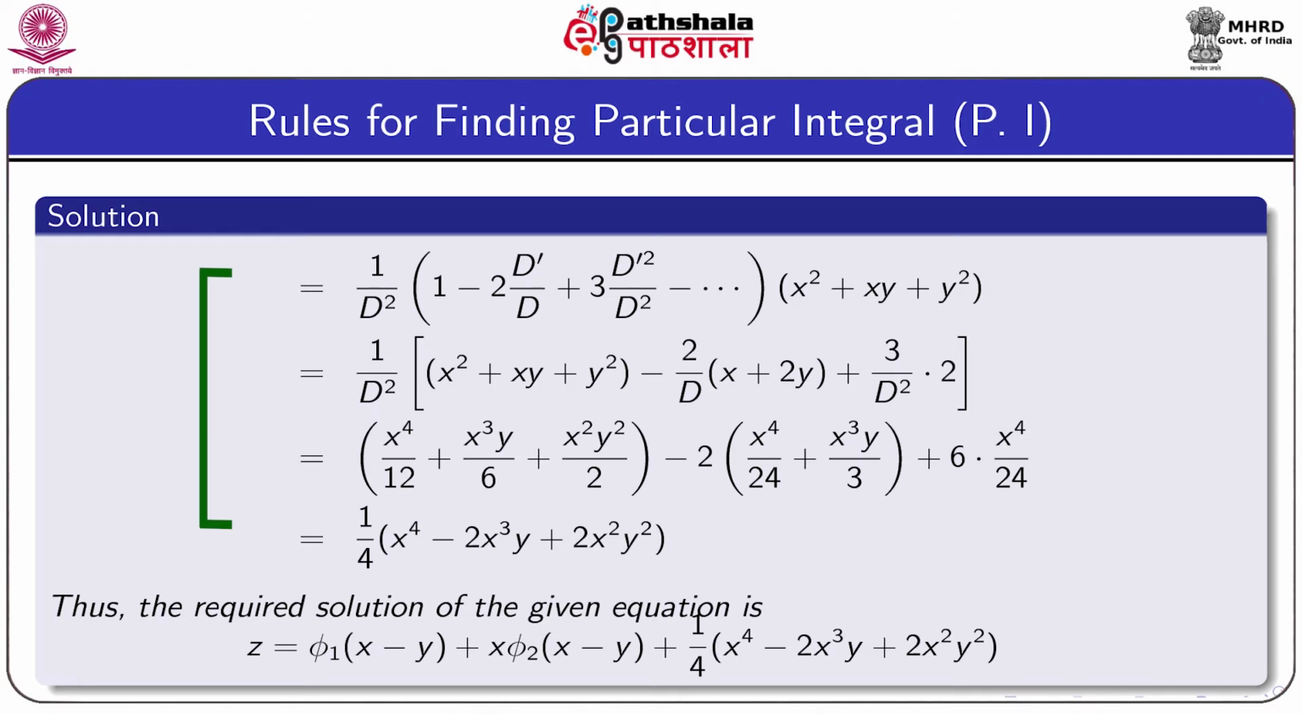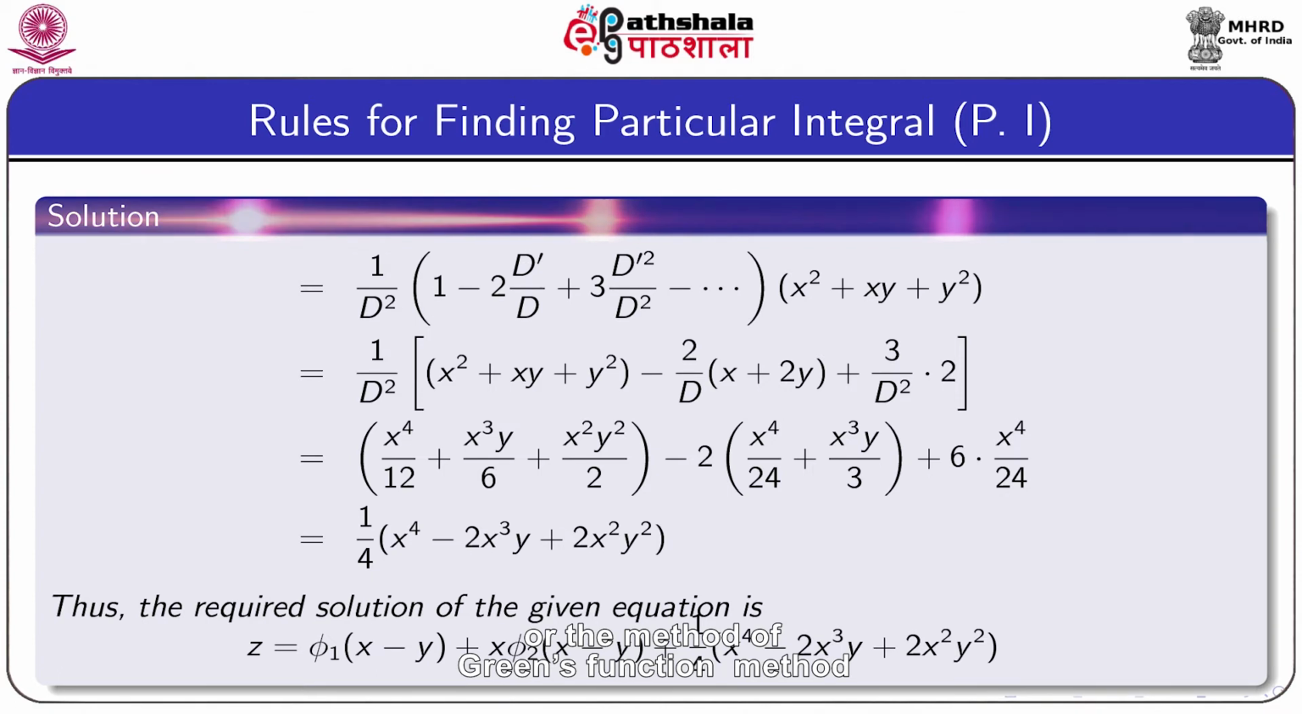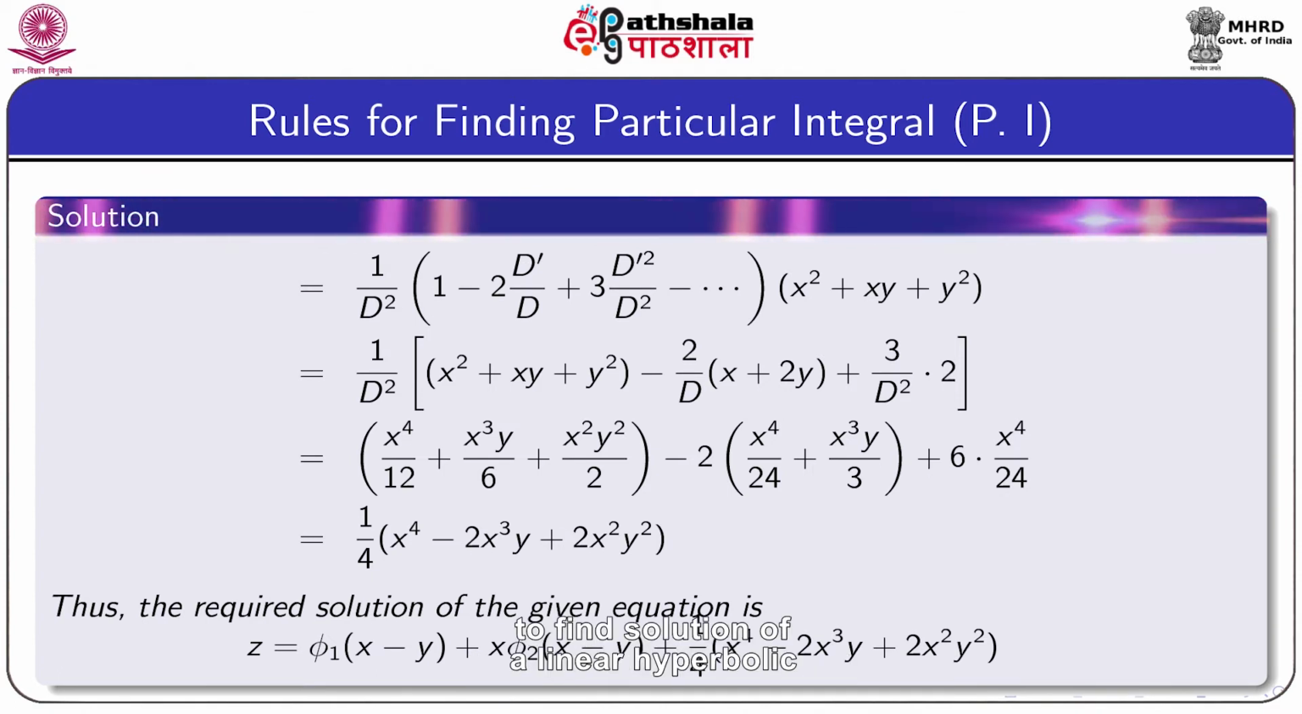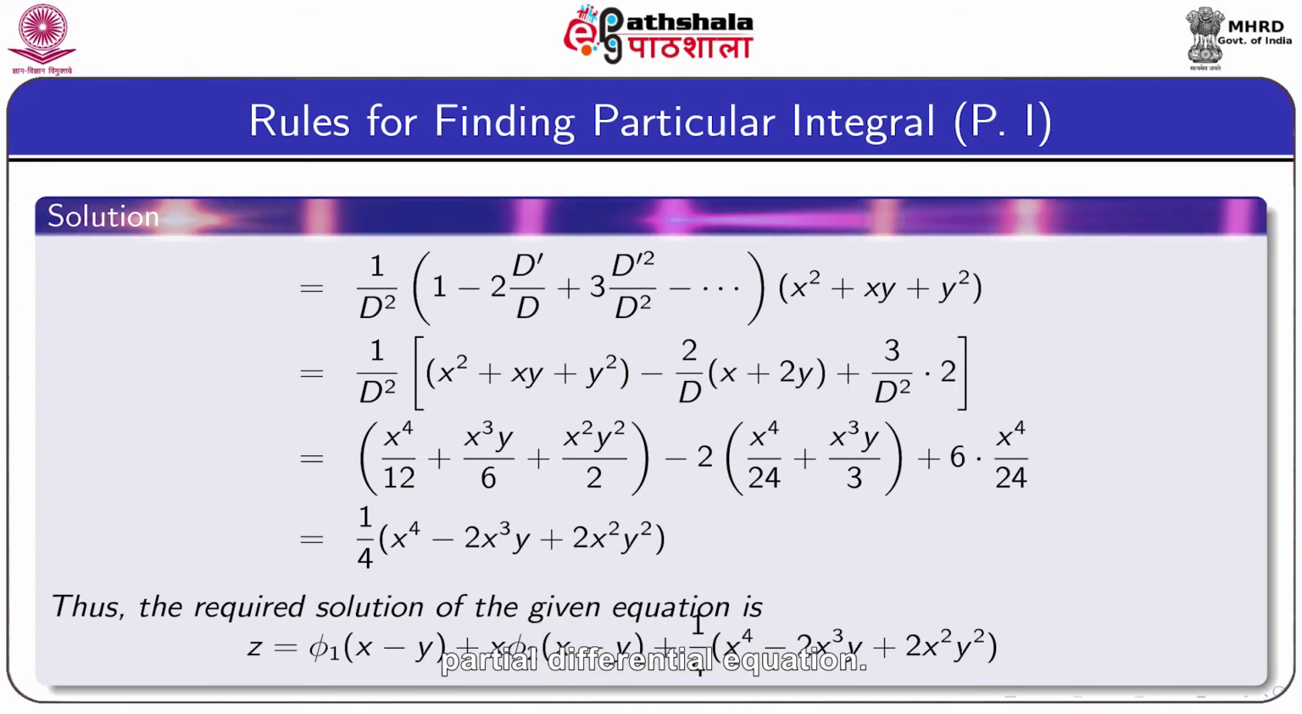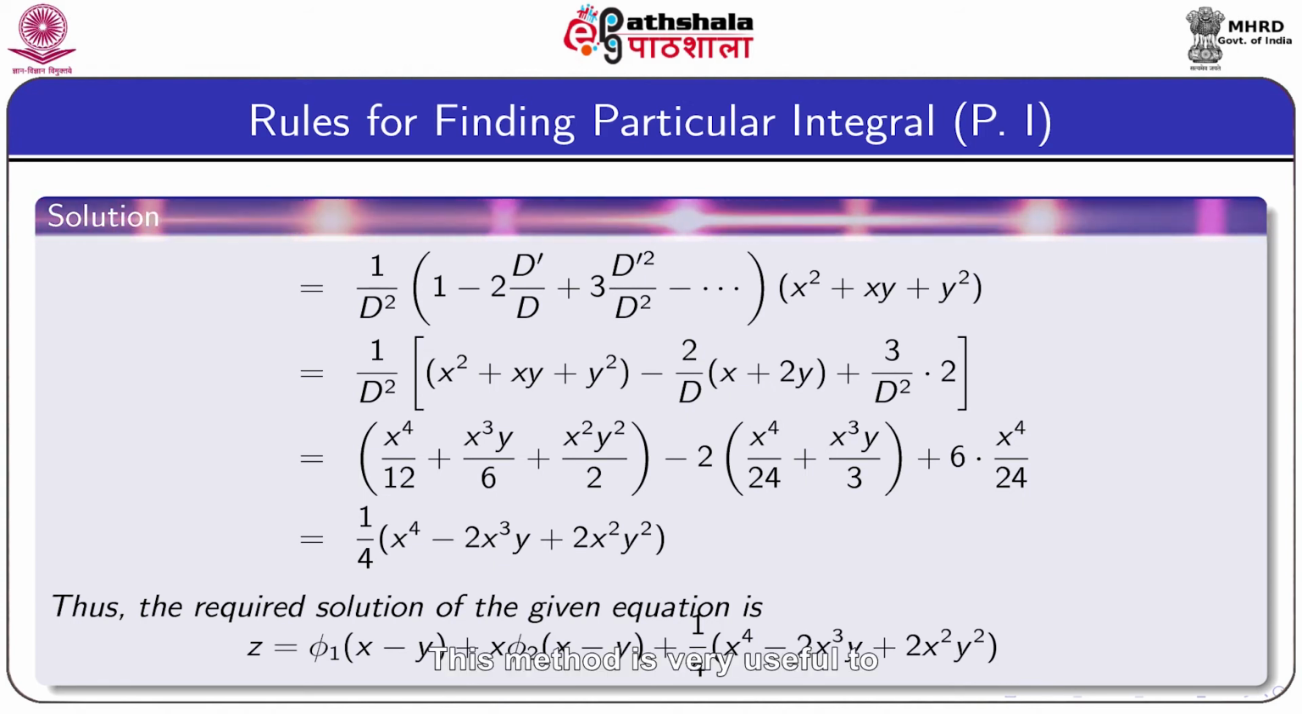So, in the second line we first operate 1 on the function x square plus xy plus y square. So, it becomes x square plus xy plus y square, and if we operate the second term minus 2 D dash by D, this D dash is the differential operator with respect to y. So, if we differentiate x square plus xy plus y square with respect to y, it becomes x plus 2y, and now if we operate the third operator 3 D dash square by D square,